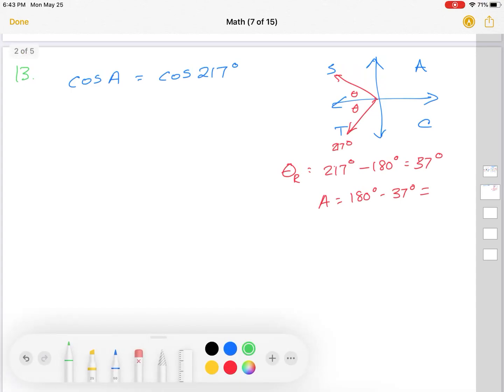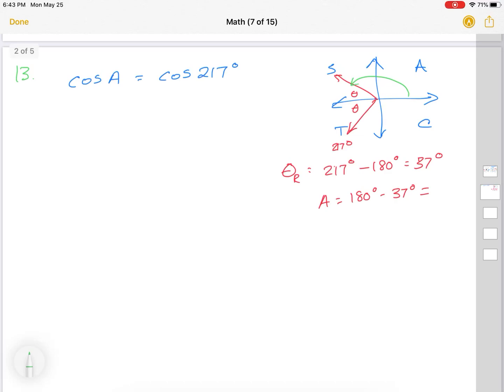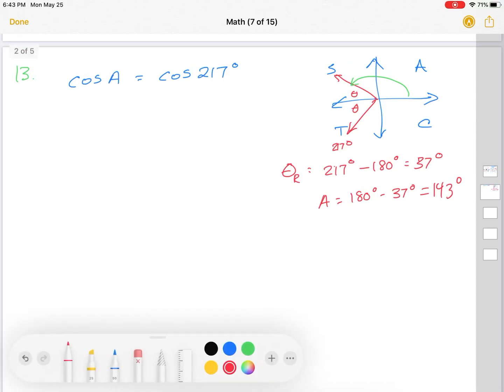So that means that A is going to be 180 degrees minus that reference angle, right? Because we want it to go from here to here. So when we do that, 180 minus 37, we get 143. I'm going to write that in a different color. 143. Okay, so that's A. The second one we have